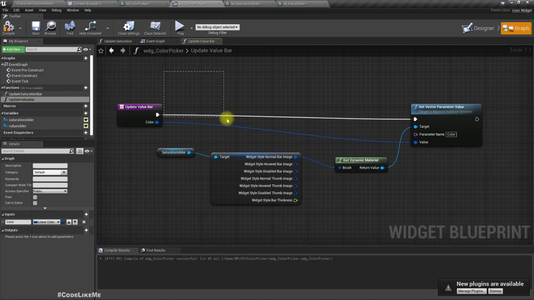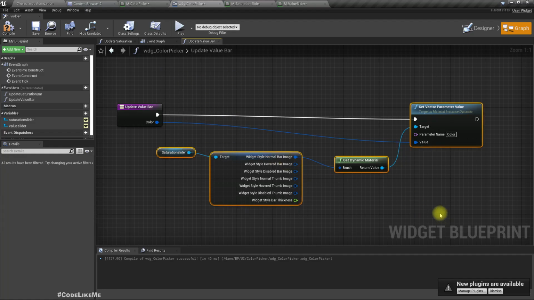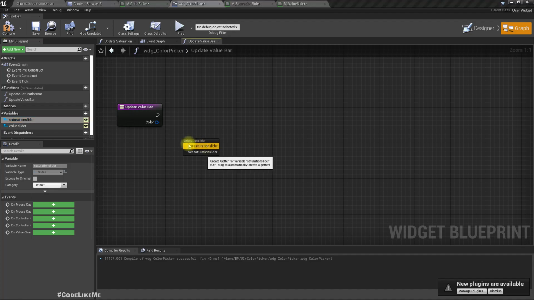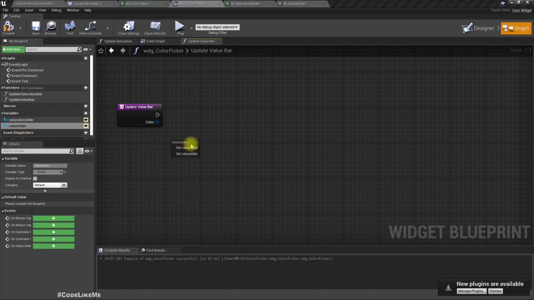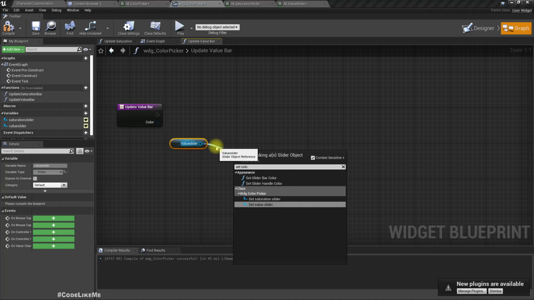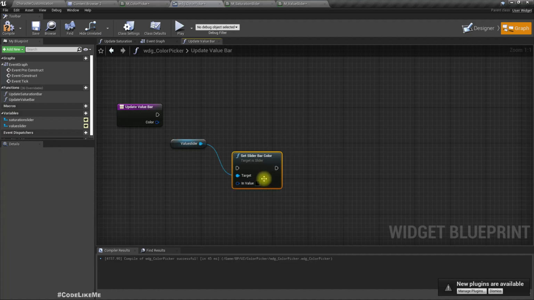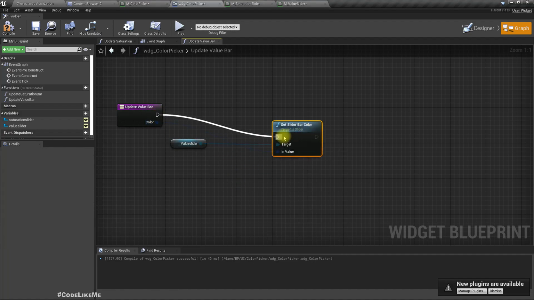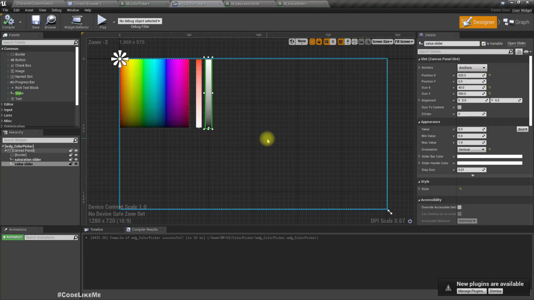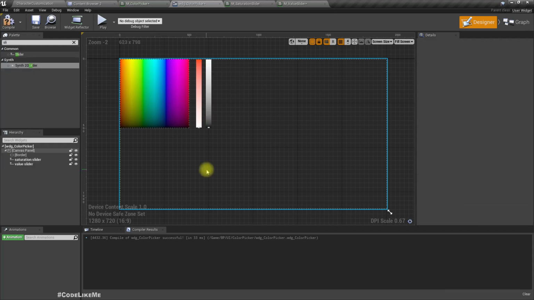So here, no, we don't need to do this. All we have to do is get the reference and set color, set value, set slider bar color, connect the color like this. Okay, right. Now